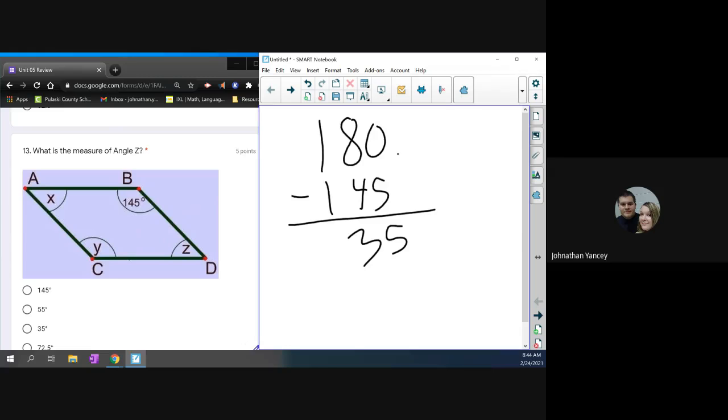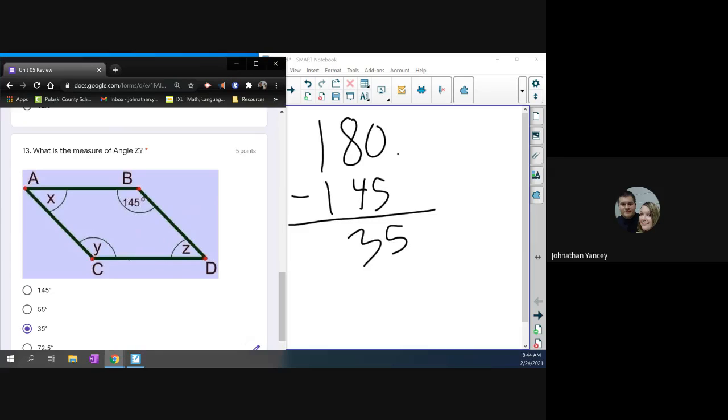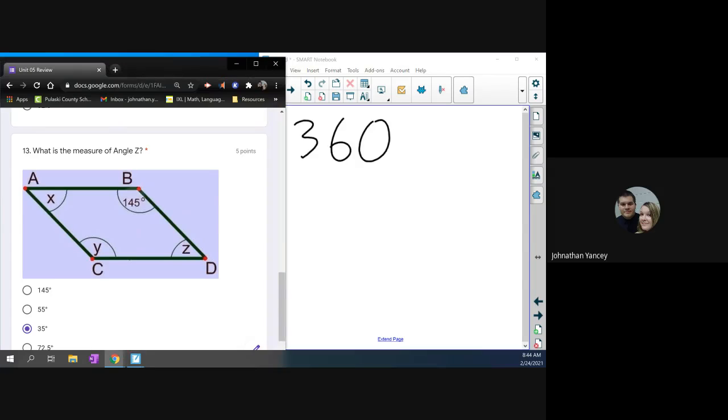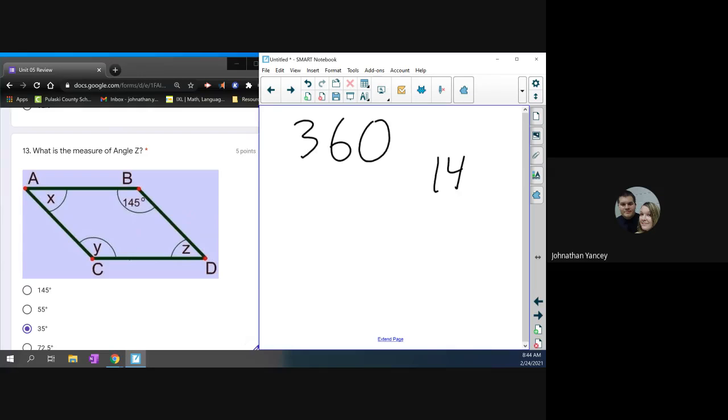Here it's the smaller angle. So in a quadrilateral like this, a 4-sided figure, there's 360 degrees in total in the entire shape. If you add up 4 angles, you get 360 degrees. This is 145. The opposite angle here has to be the same, so it has to be 145 as well. So if I do 145 times 2, or 145 plus 145, whichever you prefer,